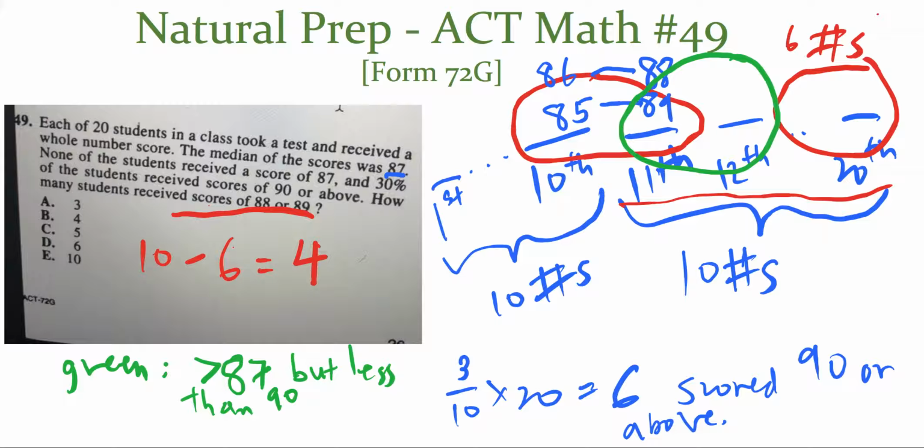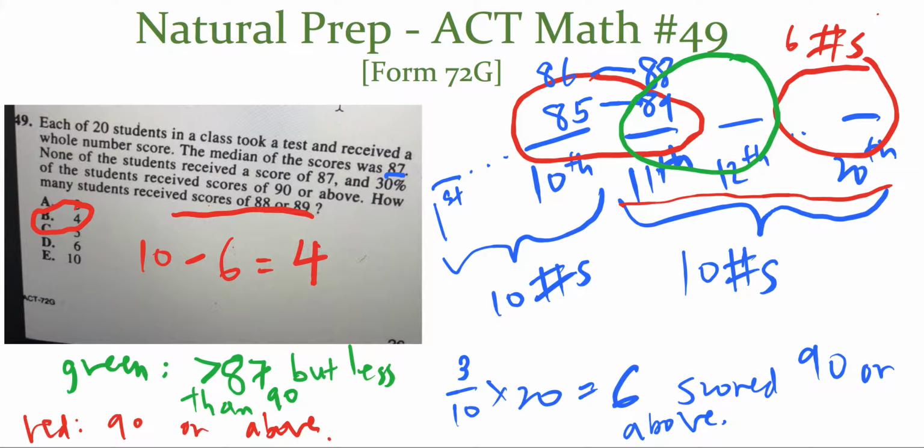And then in red, these are the numbers that are 90 or above. And so by elimination, we know that there has to be only 4 numbers that are 88 or 89. And that's number 49. All in all, this problem really tested how averages worked and how we were able to